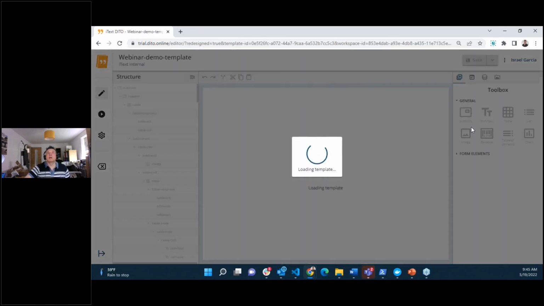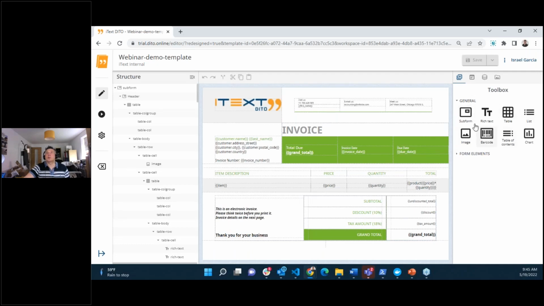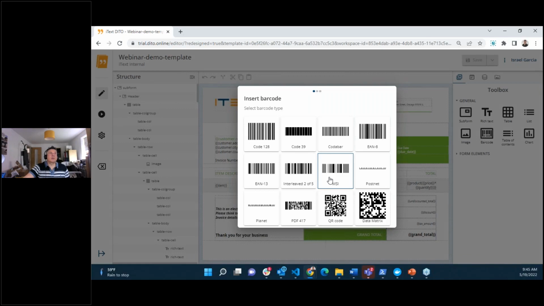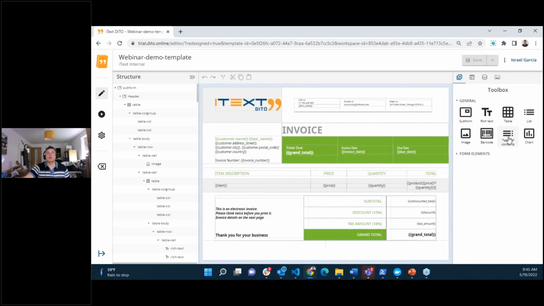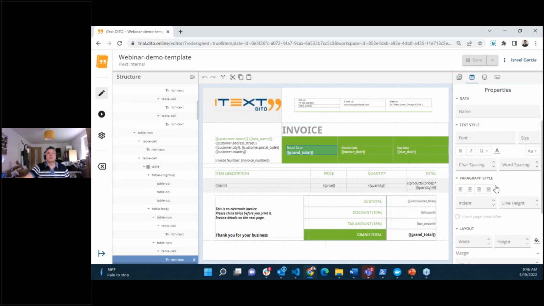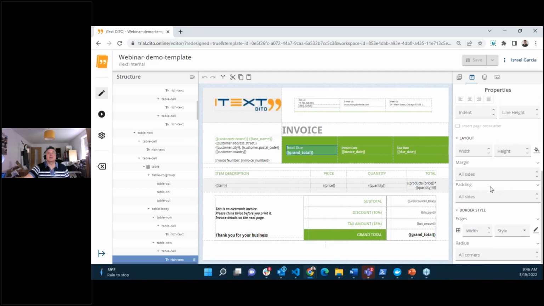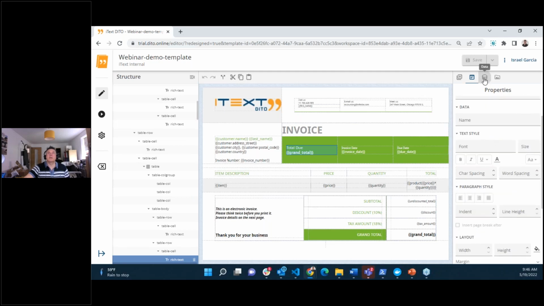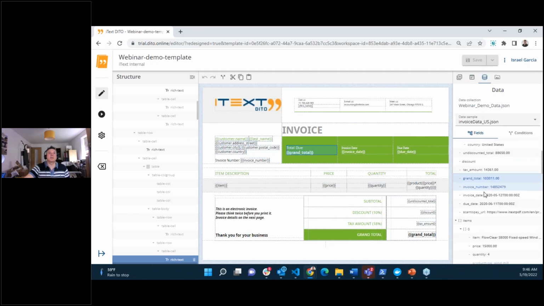Just to give you a quick show of what we support currently: we have forms, text, tables, lists, images, barcodes, different types of barcodes, QR codes, line barcodes, table of contents with links to the different parts of the document, charts, form elements. And all of them have different properties, so you can style them, you can change the layout, you can change the look and feel, you can change the data bound to that particular